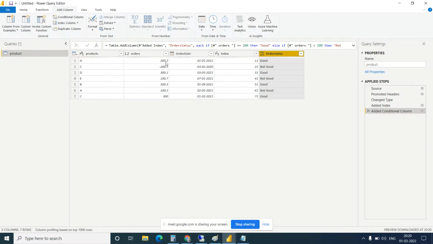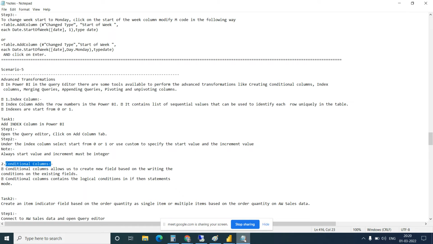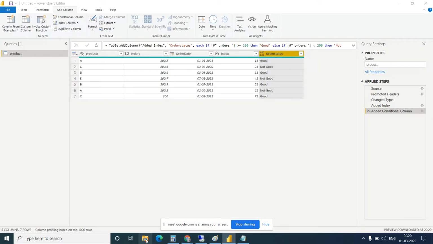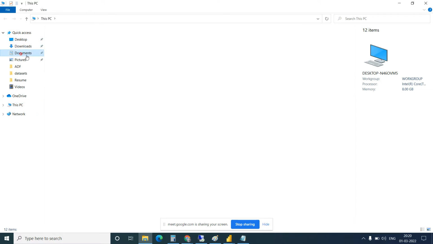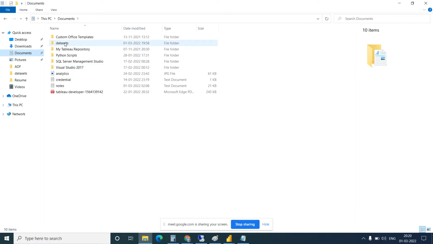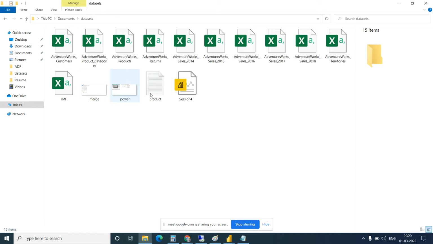If more than 200, it should show good. If it is less than 0 means... no. Why is it showing this? Okay, it is not detecting the minus value. Okay, let's make this.